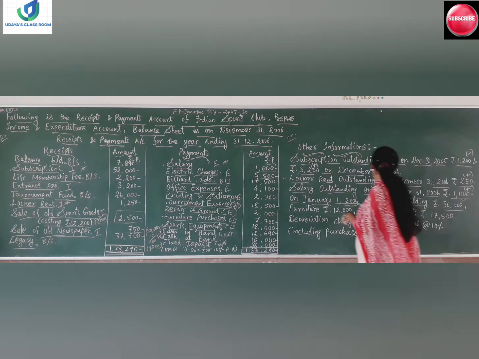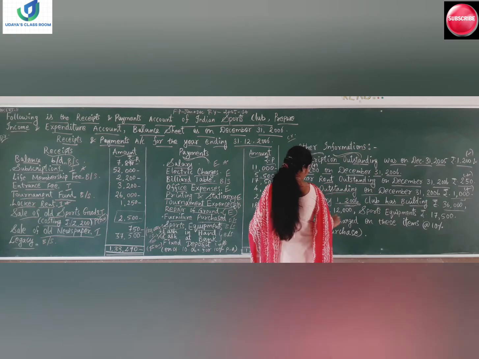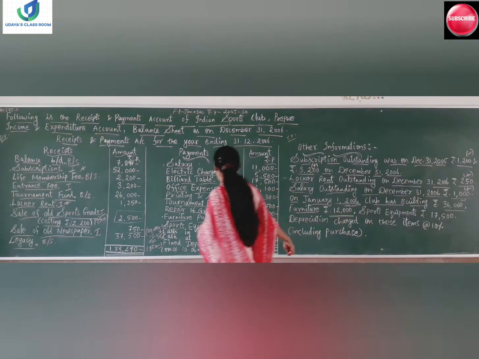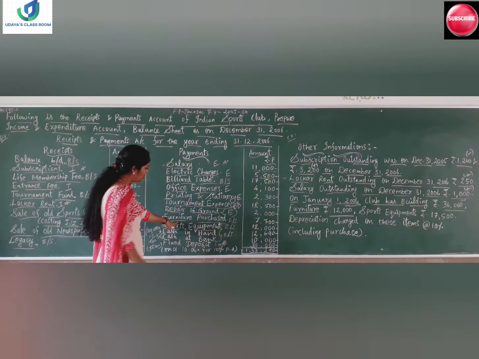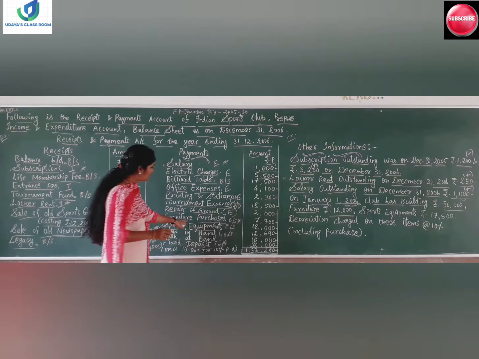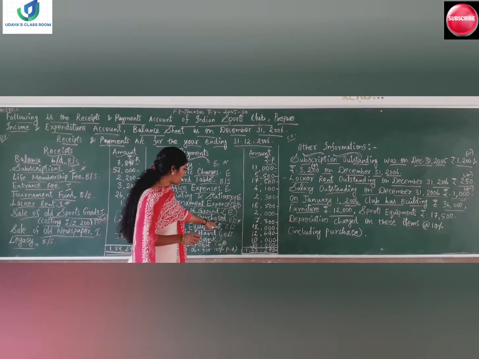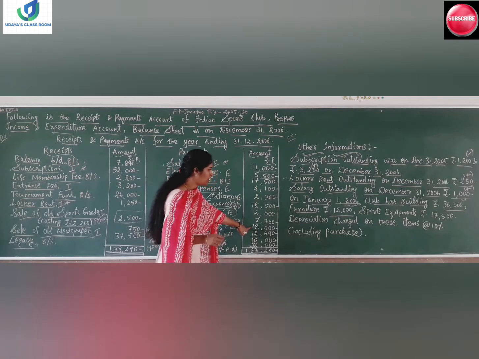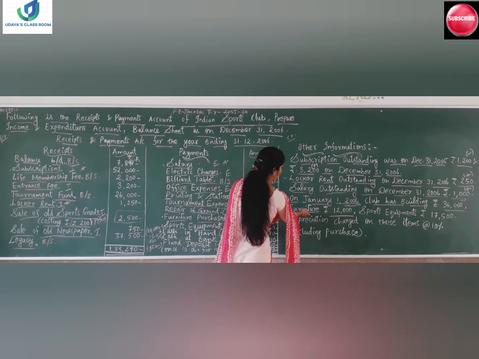And next what are they saying? Furniture. Furniture rupees 12,000. So the company has got furniture also. Is any furniture there? Yes, here is the furniture. Let us put a star mark here. Okay. So this furniture has got adjustment here. So furniture purchased 12,000 and already we had furniture rupees